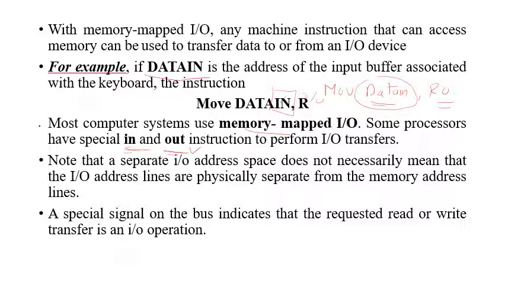The control signal, as we discussed earlier, we have address bus, data bus, and the control signal. The control signal performs the major role of transferring the data, whether it is IO transfer or any other transfer. That will be indicated by the signals coming from the processor to the various devices. These control signals will specify what type of operation it has to perform, either read or write. Based on that, the processor performs a particular task.